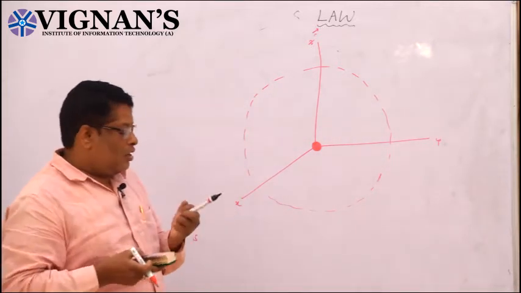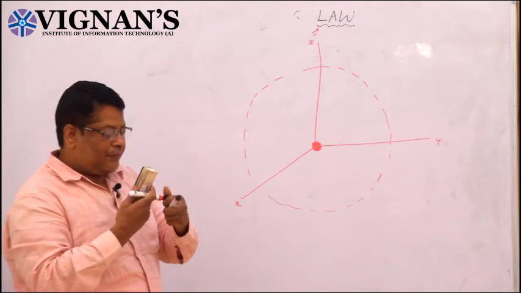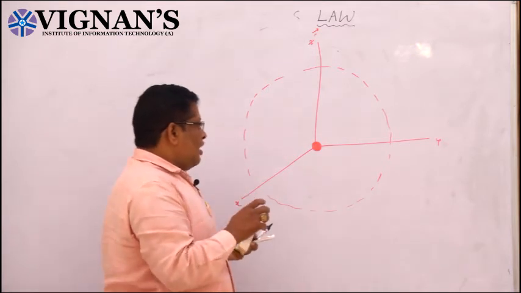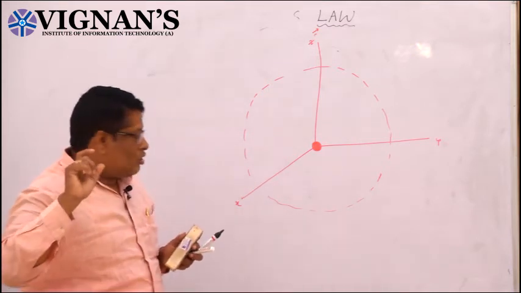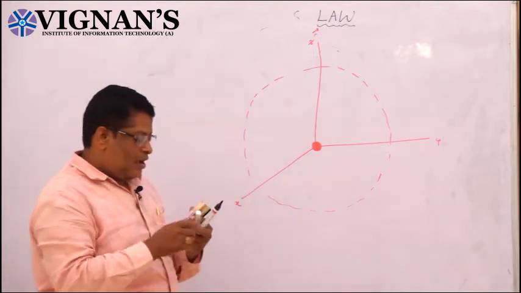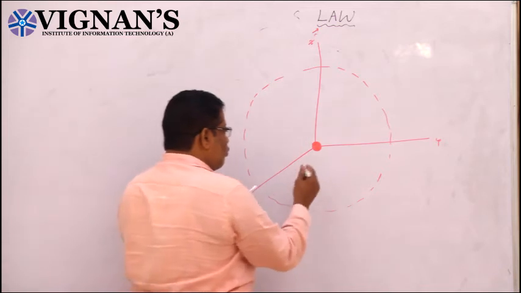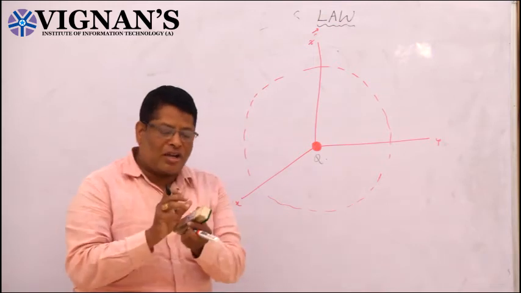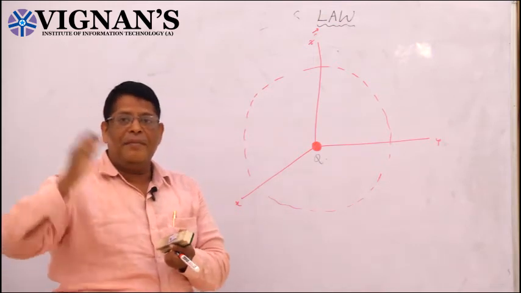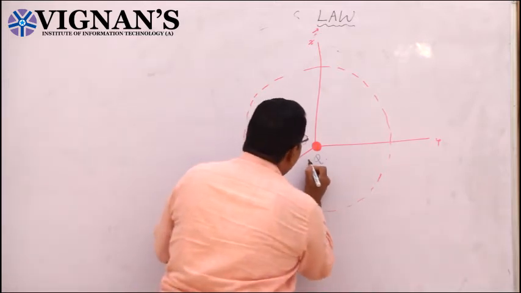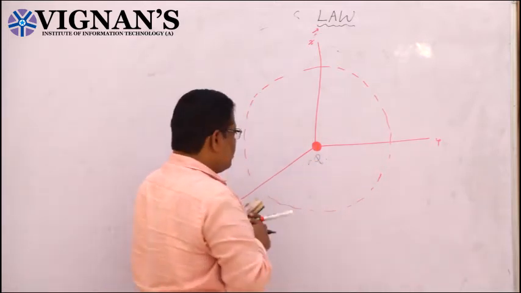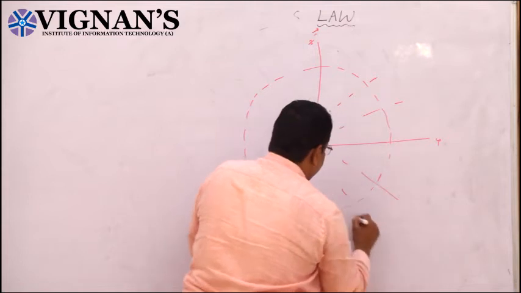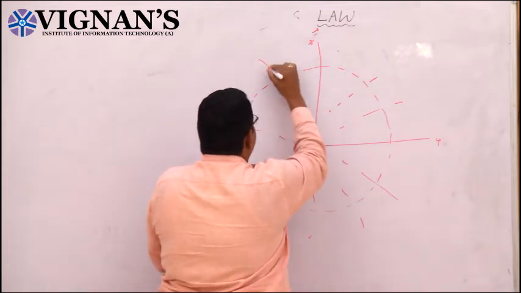Now we want to find out what is the flux density on the sphere. Again I am repeating, the point charge that we have taken at the origin has q coulombs of charge. So whenever the charge is there, from the charge some amount of flux will be emitting. Suppose if we take this as plus q coulombs, some amount of flux will be emitting in this manner, in the radial direction outwards.